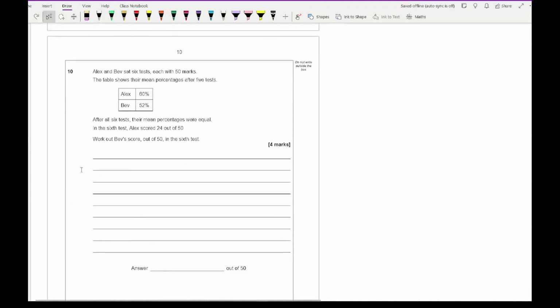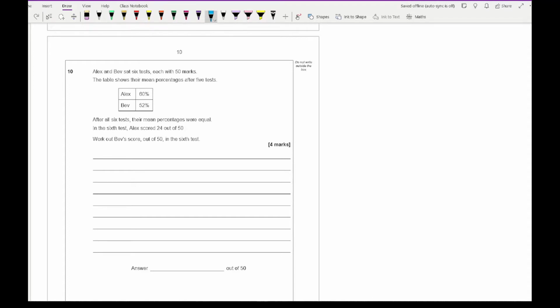Next question then, question 10, says, Alex and Bev sat 6 tests, each with 50 marks. The table shows their mean percentages after the 5 tests. After all 6 tests, their mean percentages are equal. In the 6th test, Alex scores 24 out of 50. Work out Bev's score out of 50 in the 6th test. Now this one you might be thinking, well, I'm not being given any information, but what we do know is